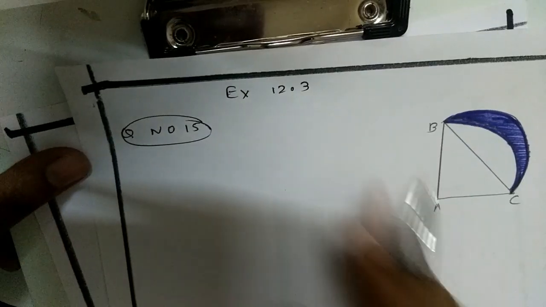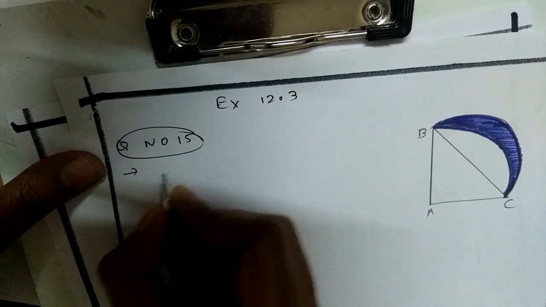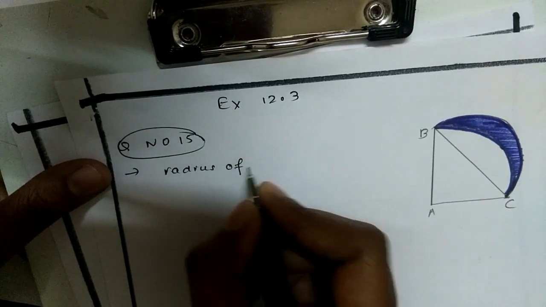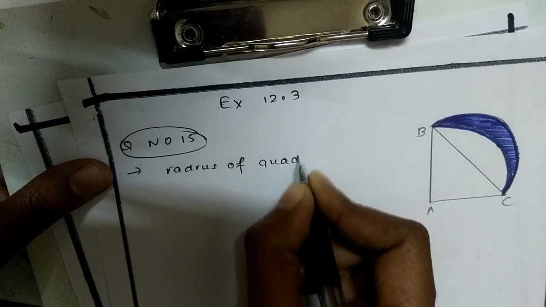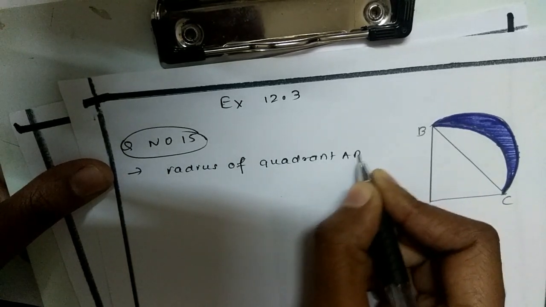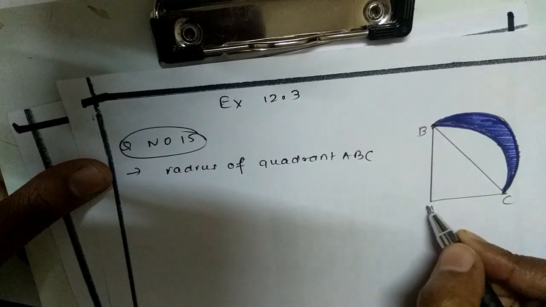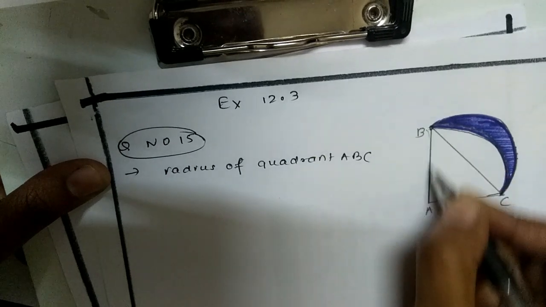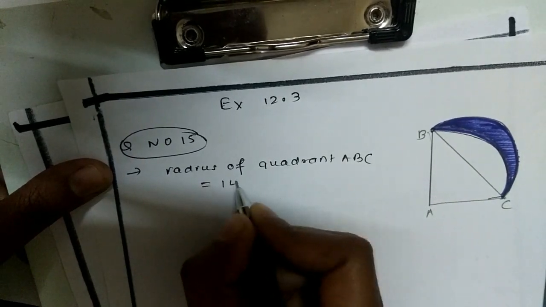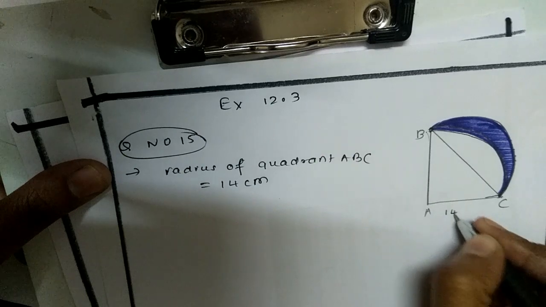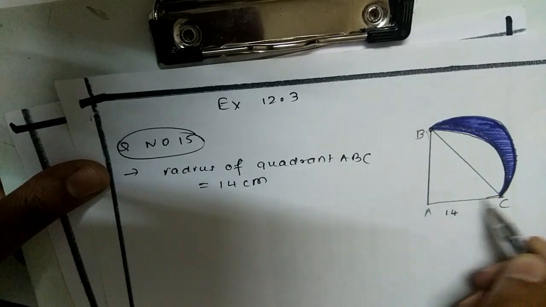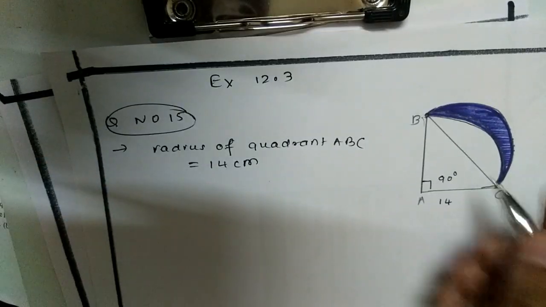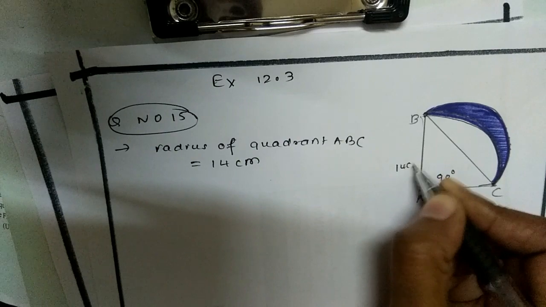So here I have drawn the figure, so we'll continue with this. It is given that the radius of quadrant ABC, so take AC, AB and this arc BC full. This is a part of a circle and its radius is given as 14 centimeter. It means what? When we have the quadrant, the radii will be perpendicular and the angle here will be 90. Remember? So you should know what a quadrant means to solve this question. This is 14, this is 14 centimeter.